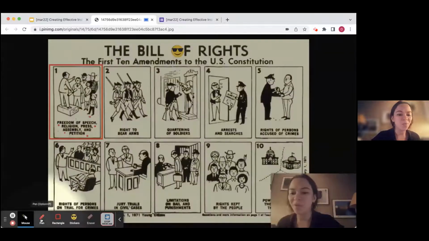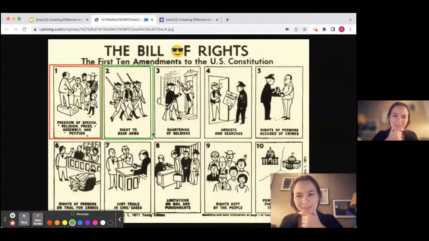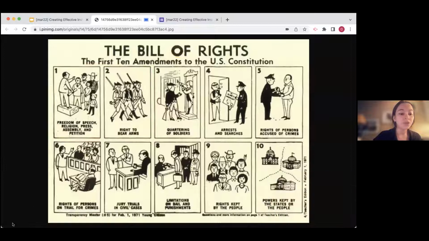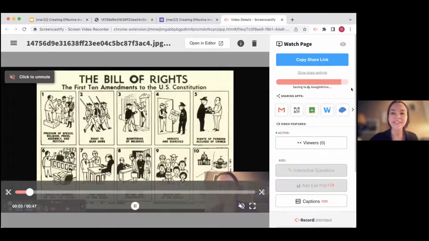All that in just that one amendment. Then there's the Second Amendment. I'll make a green rectangle around that one. Do you remember what the Second Amendment is? Oh yeah, it's the right to bear arms. That one's a little more controversial, but it essentially means that United States citizens have the right to own weapons to protect themselves. When you're done recording, you'll click stop, and it'll open in a new tab and save automatically